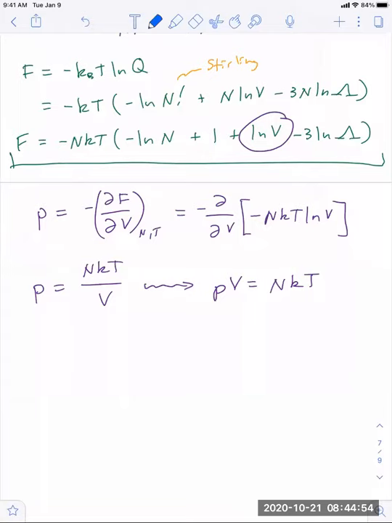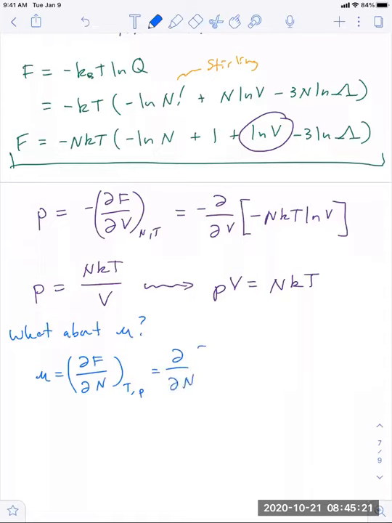All right, so we can also think about other properties. So what about the chemical potential? We can think about the chemical potential as kind of the energy penalty to add or remove particles from the system. So mu is the partial derivative of our Helmholtz free energy with respect to particle number with T and P constant. So then just plugging in what we came up with before for the Helmholtz free energy, this is minus nkT times minus log N plus 1 plus the log of V,